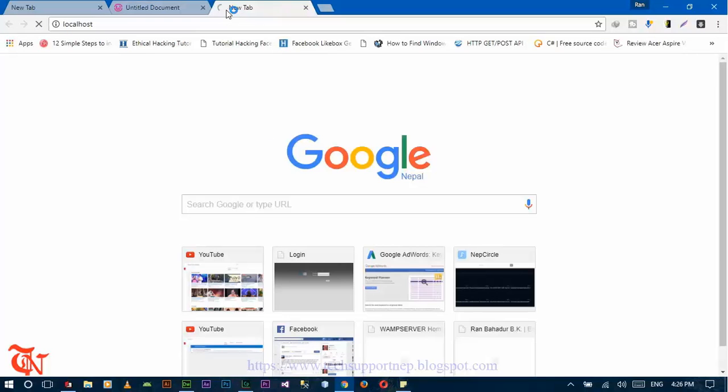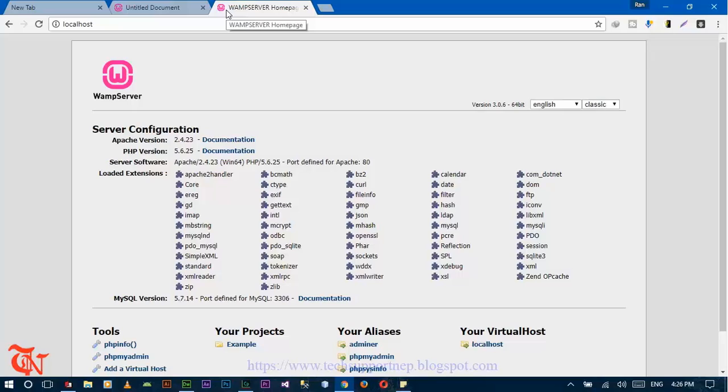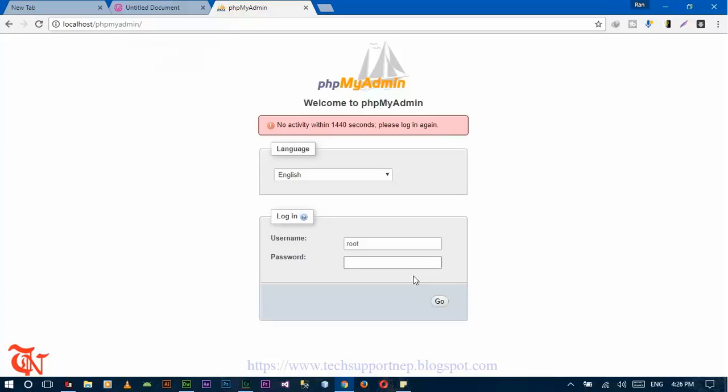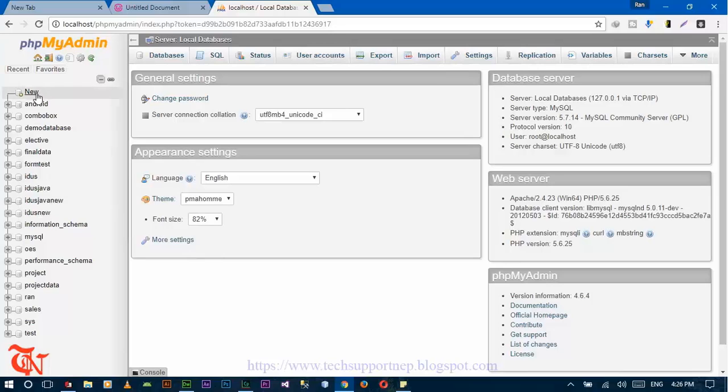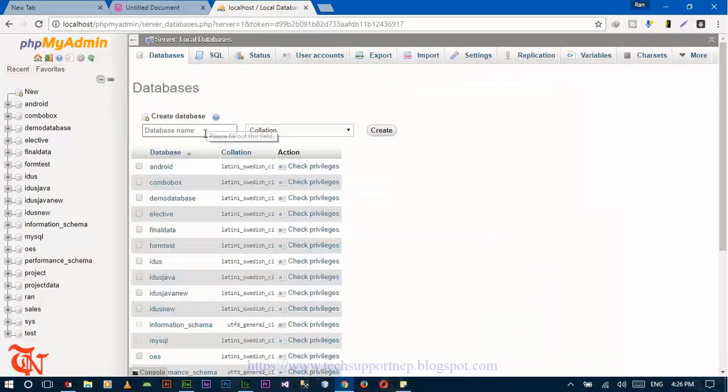Now go to the localhost by typing localhost in the URL field of your browser and go to phpMyAdmin and create a database. The username is root and password is empty and click go. Now click new and create a database having the name registration form,